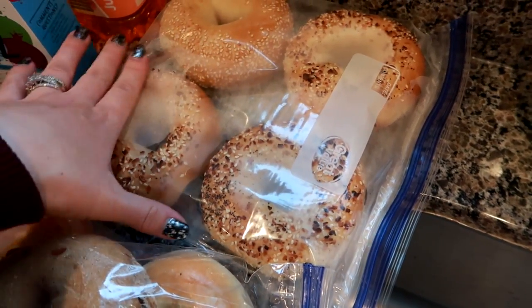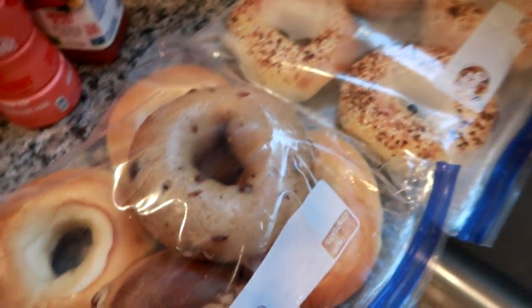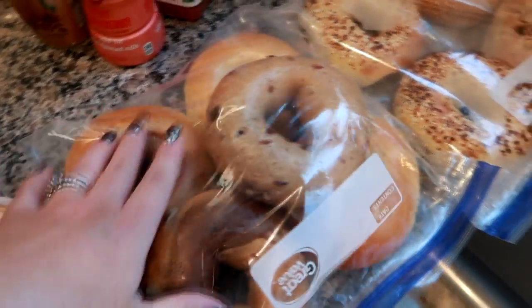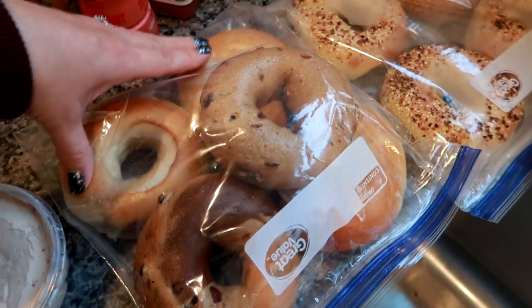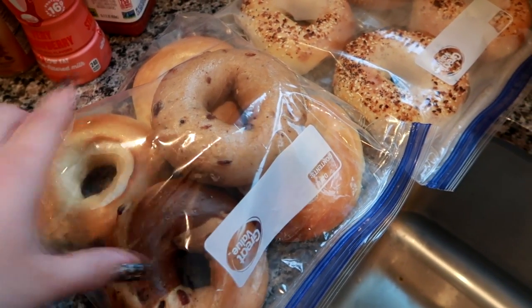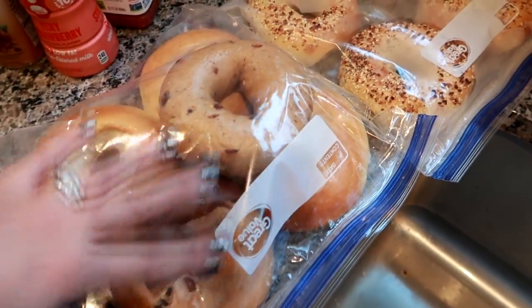So I've got 3 fresh everything bagels, a sesame bagel, and then I always try and keep those separate from, my son likes plain bagels, and he doesn't like the seeds, so I try to always keep anything seeded away from his. So I've got 3 plain, so 2 are here, 1's hiding under here. I've got a cinnamon raisin, and then I've got an apple cinnamon raisin here. So my son will have the 3 plain, over time, and then my husband and I will have